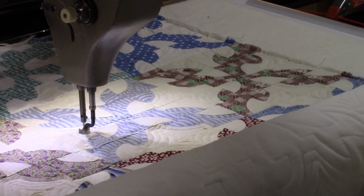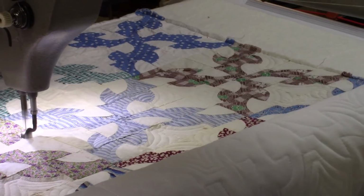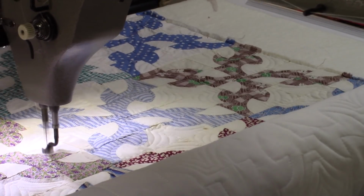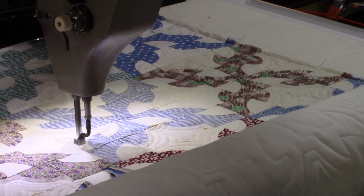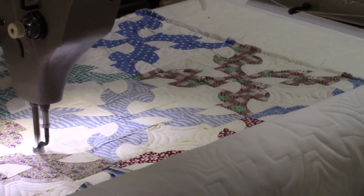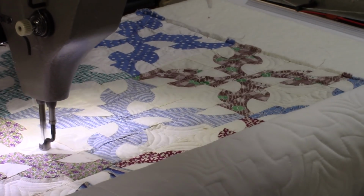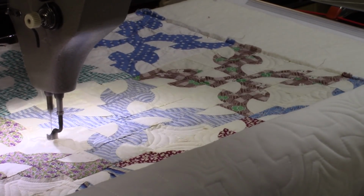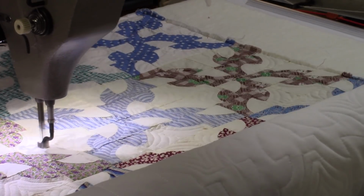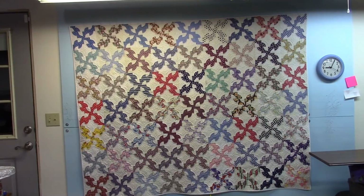And that's how I did those sections all in a row, doing a complete row at one time. I had to do 2 passes, with the background in one pass and the printed fabric in another pass, but that was a way to keep from having to break thread every time I switched from one section to the next. And here is the completed quilt,